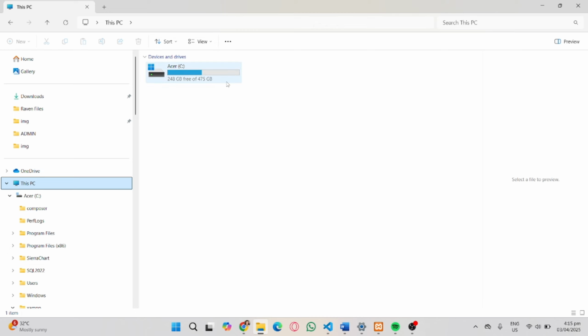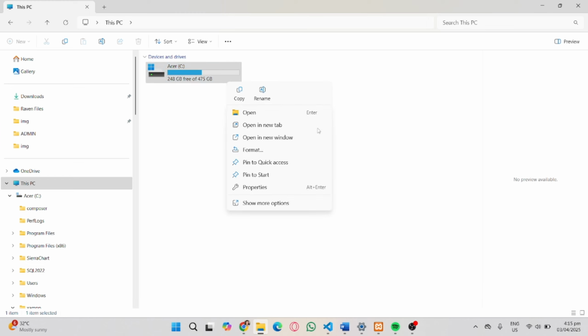So let's show what we have. When you right-click on that, you will see Format. This is the storage of my laptop, so assuming this is the USB, you'll need to click Format in order to format the USB drive on your computer. So that's it. Once the format is complete, this will erase Ventoy and all files from the USB.